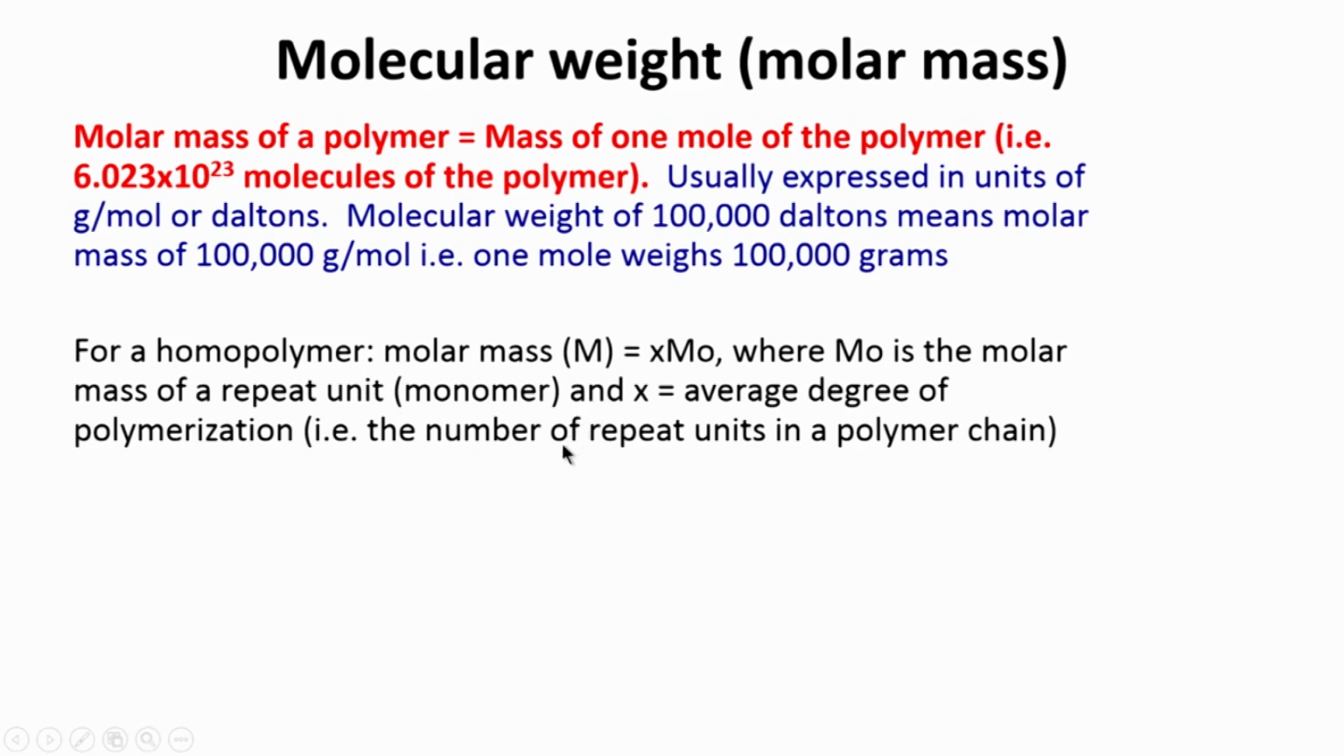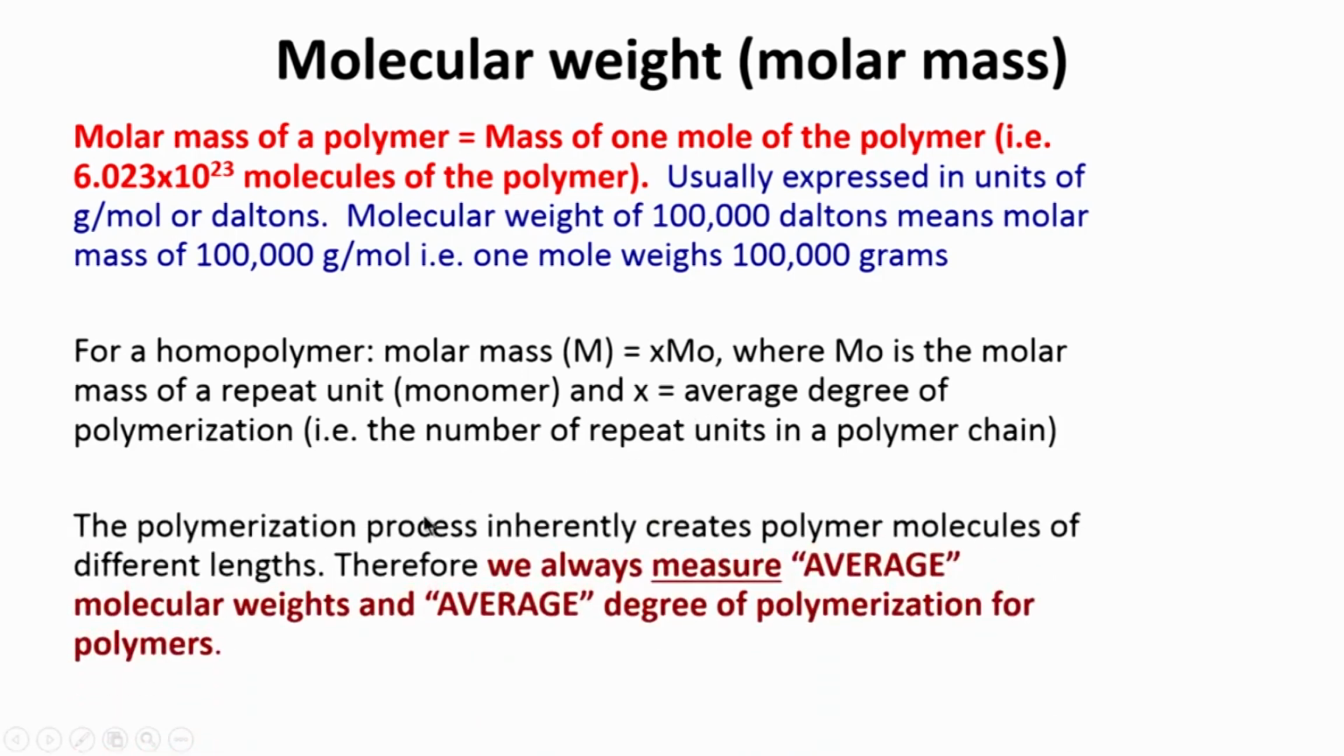So, for a homopolymer the mass is essentially nothing but x times the mass of the monomer, where x is the total number of repeat units. And then the polymerization process inherently creates polymer molecules of different lengths. As I just said, you will not get all at a single molecular mass, they will all have a distribution. So, typically we always measure the average molecular mass, which is essentially nothing but the average degree of polymerization for these polymers. Okay. So, for this class we will stop here, we will talk more about the molecular weight in subsequent classes, and